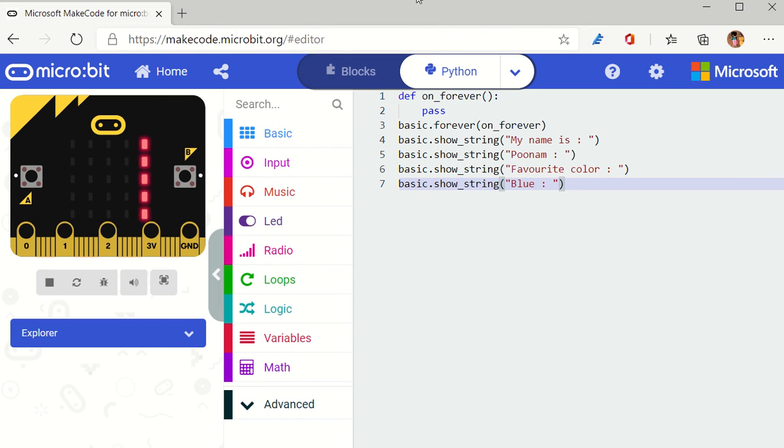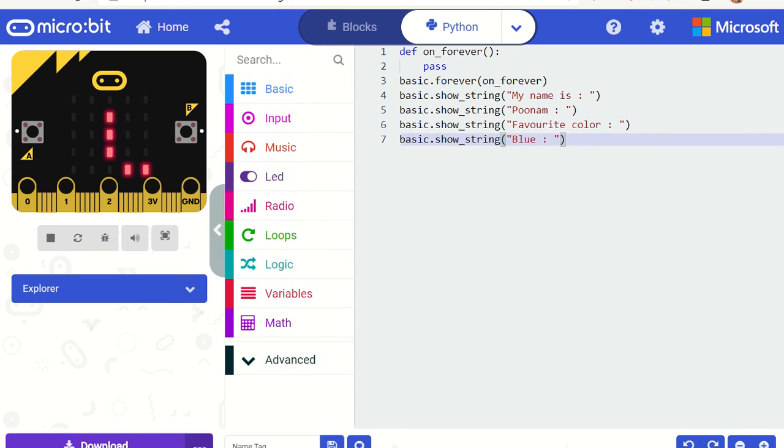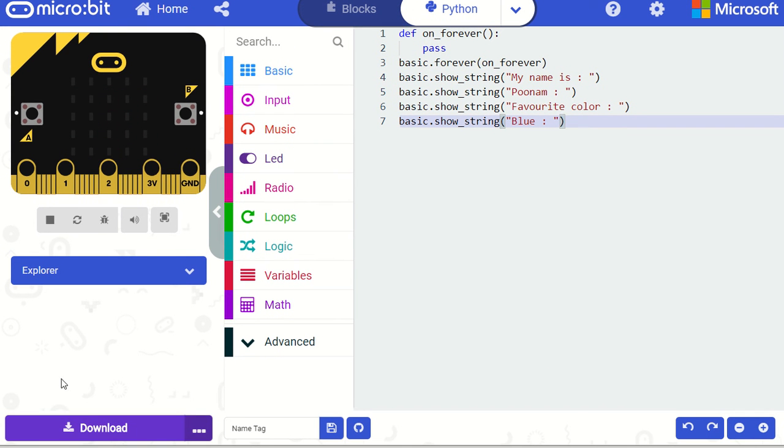So once this thing is ready, people, and once the entire code is generated, what exactly you have to do is click the download button. And once this is downloaded on your computer, you need to plug in this microbit into your PC with the help of the USB cable, where you will be transferring the code which is already generated. And then you will see the name tag lights flashing, which you people have created today, right there in front of you.